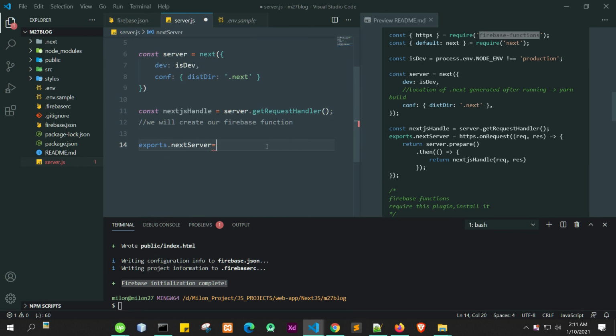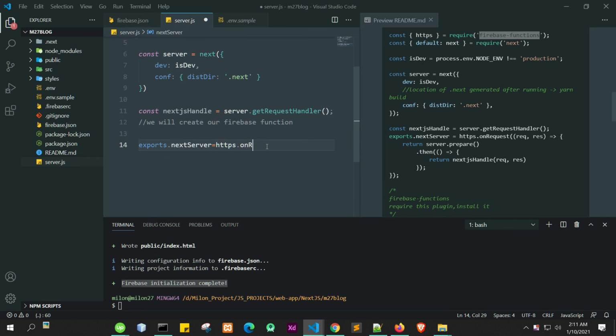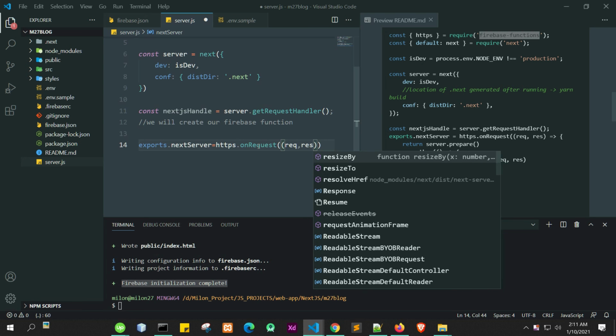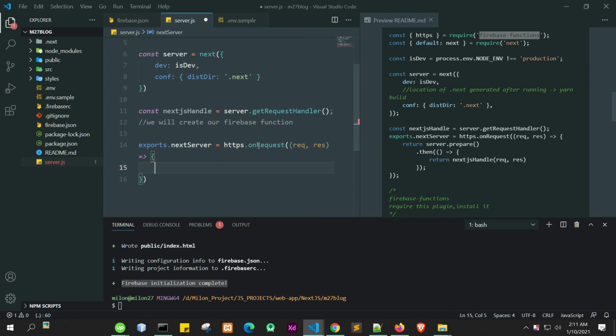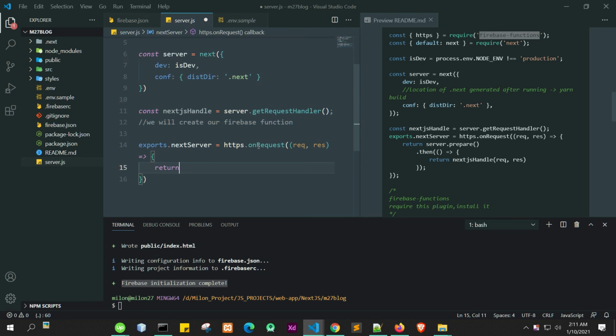So next server equal https, which we already required. Then on request, then response. To that we will return server dot prepare. We will prepare the server.